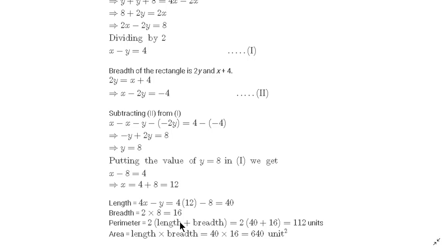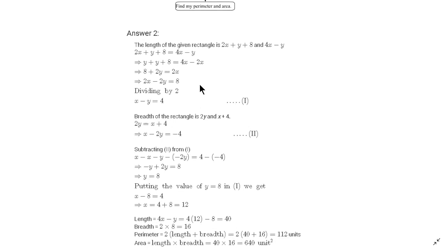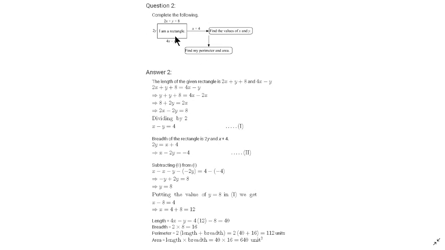So this is how we solved the remaining example, but the example was here to create these equations. How to write these equations? We should be able to write or form two simultaneous equations from the given condition. You should be identifying what is the condition in the example. There is a rectangle which was the main condition. We should know that the sides opposite to the rectangles are equal, so that we can create these two equations and then solve, then find the length and breadth, and then perimeter and area. So this was the question number 2.